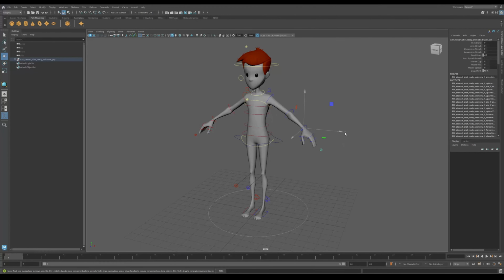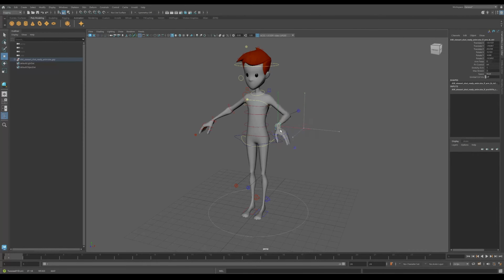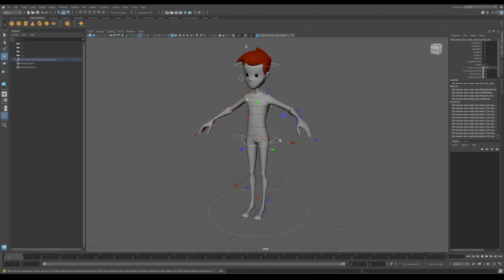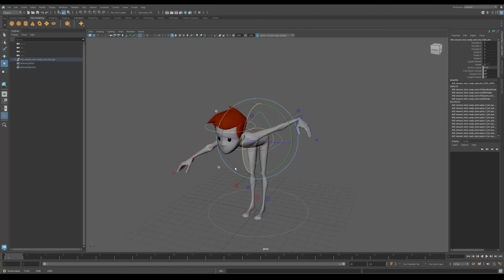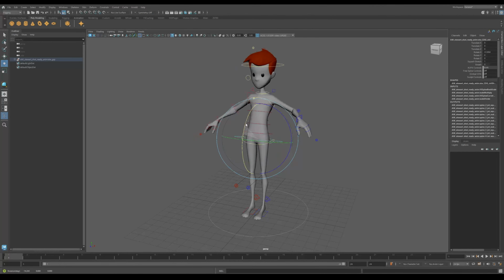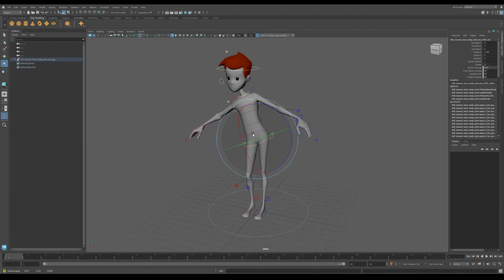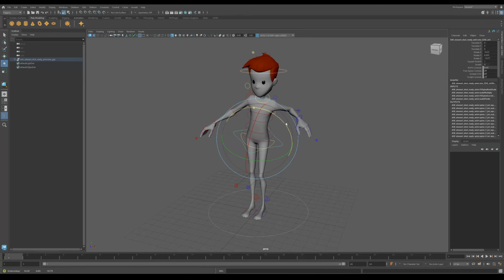There were absolutely no problems at all. I can flip between FK and IK on this rig and do whatever I want with it. So this all works great. It's a really fun rig to use. There's some really cool features in it, so I'd really encourage you to check these rigs out from Animation Mentor, because they're really, really good. And you'll probably find that for a lot of this stuff, it's really all you need. You don't need much more than this,